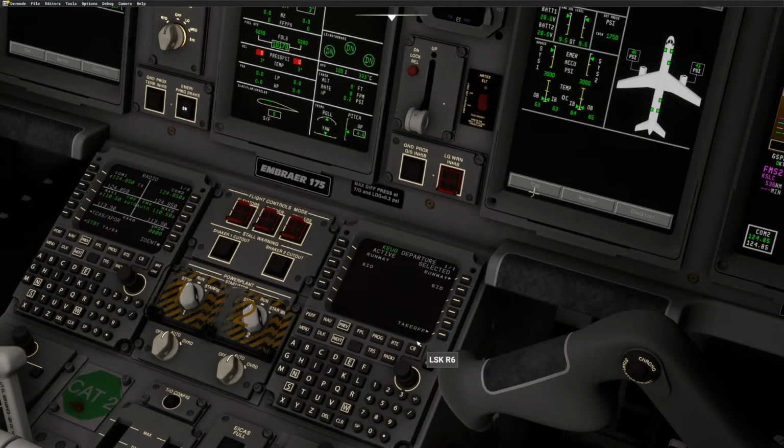Set up the departure here. Expecting runway 16 right, and we'll depart via Eugene 1. We'll apply that. And we'll just skip the...